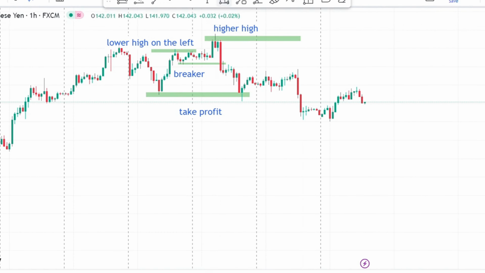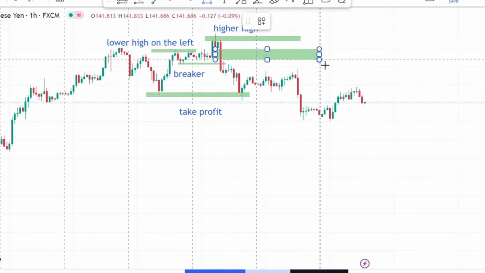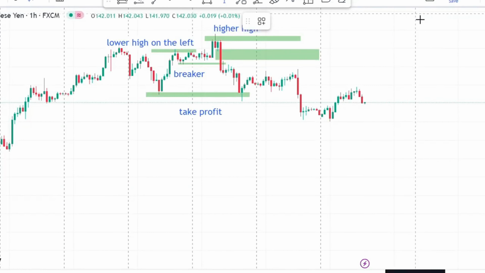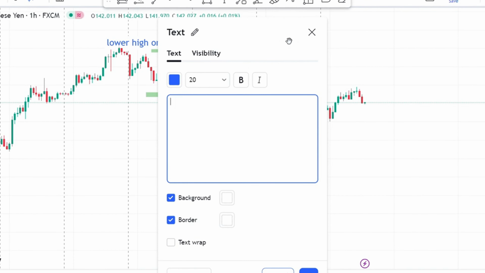So when the breaker is taken out, we have to look for an entry area, and this entry area may come with so many things. In this entry area, as you can see, as I am marking, this is a fair, I'm sorry about that, this is a fair value gap. And as you know, a fair value gap is where the price gets ahead of itself, and in this case the price got ahead of itself and it broke a low of the lower high. And when that happened, then